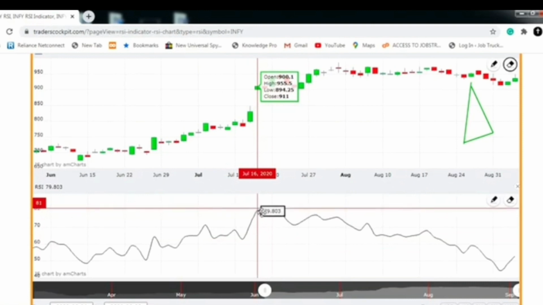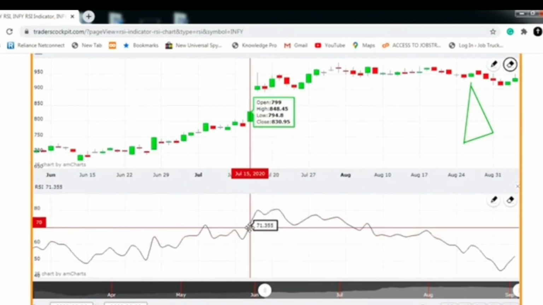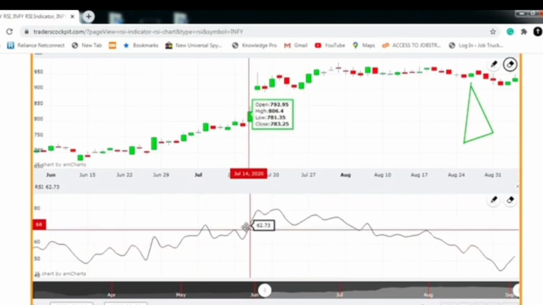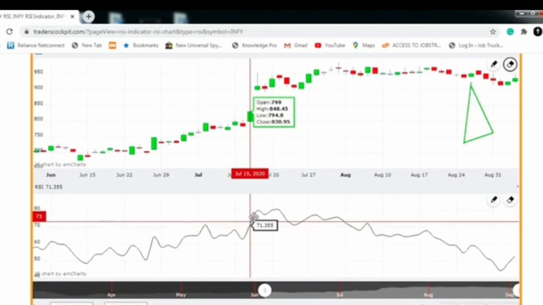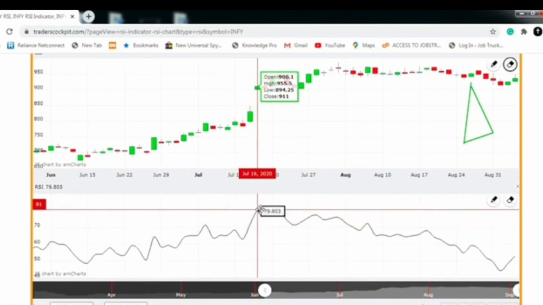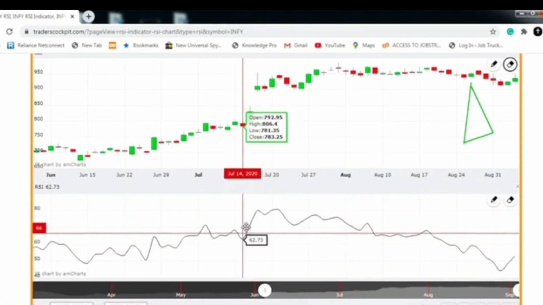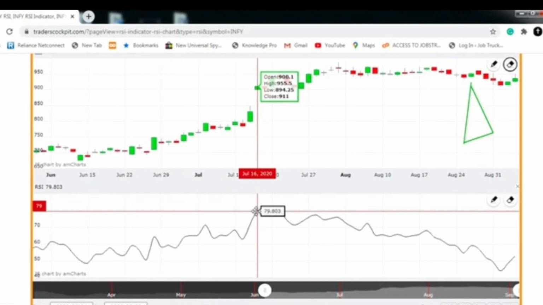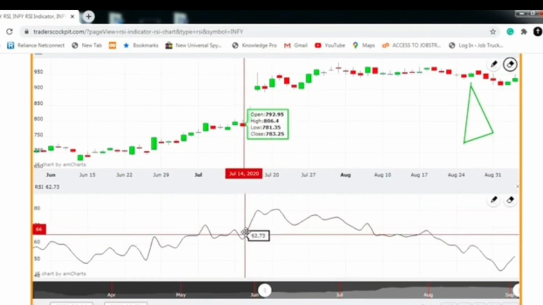You take a case where a stock is getting overbought. It is reaching a high value and it is becoming overbought here. If an overbought stock is coming back to the old value, it means that the market has rejected it. Here you see it has reached 61, then 72, and the value is not going down. The relative strength index is not going down. It keeps on increasing. It reached 71, then 79, and it is increasing. It is not decreasing. Okay. The stock is not going down or returning back to the old value.